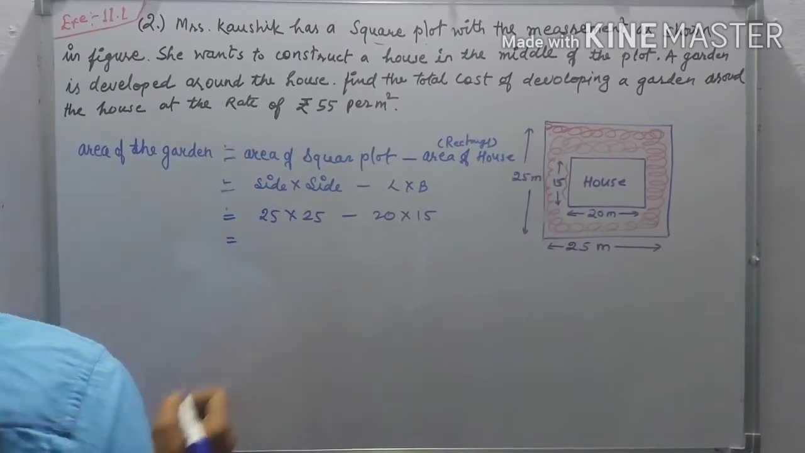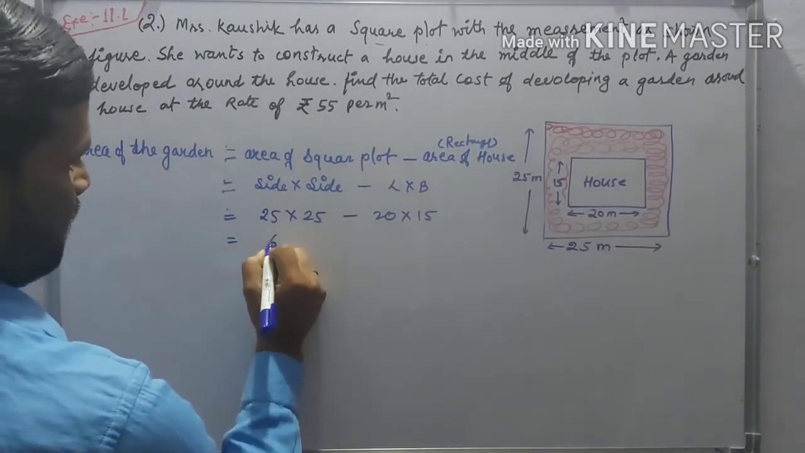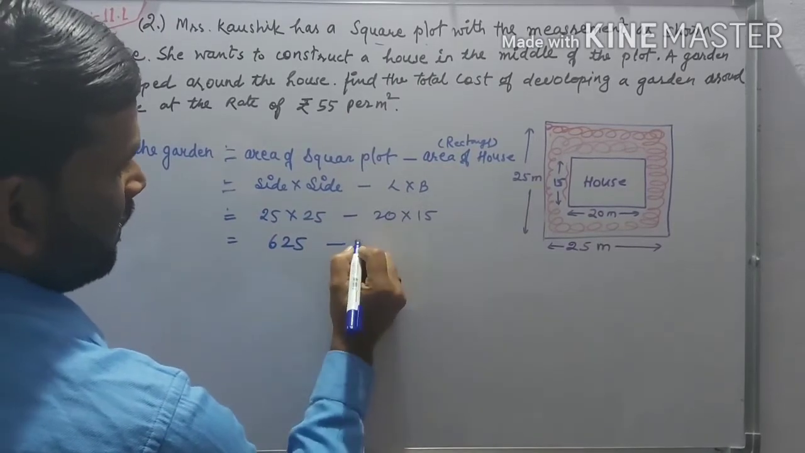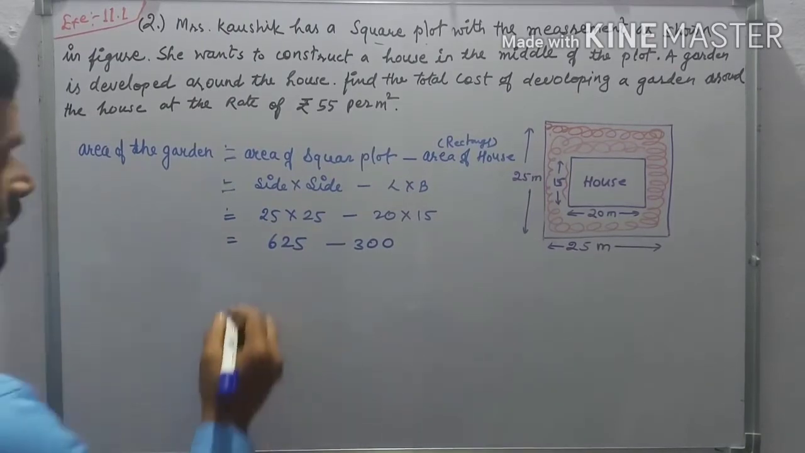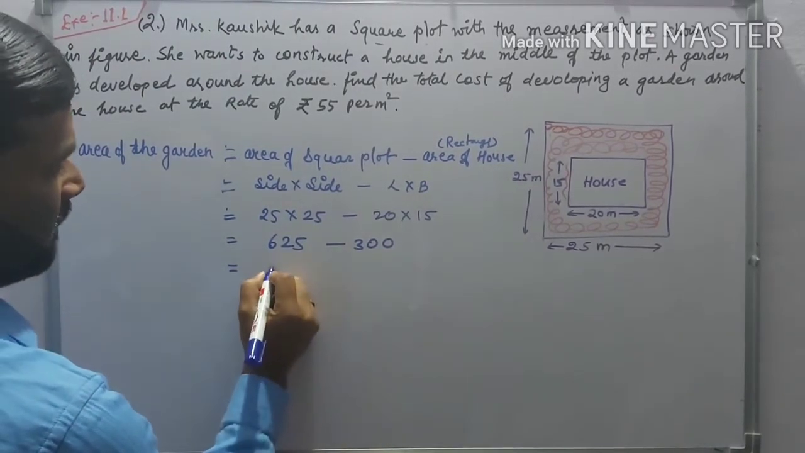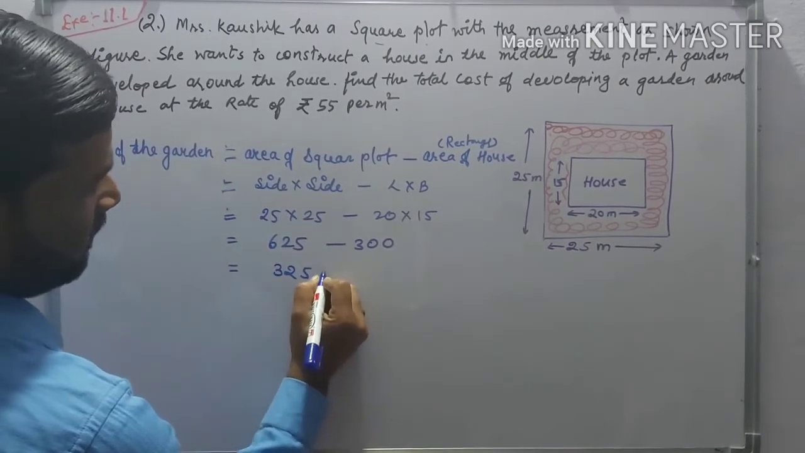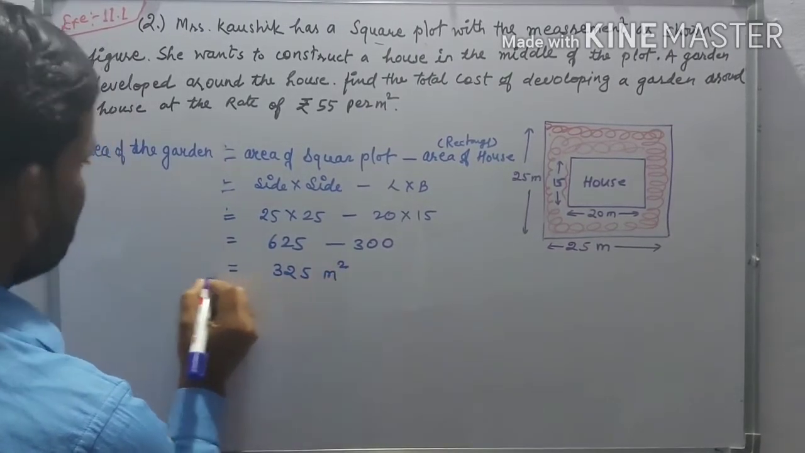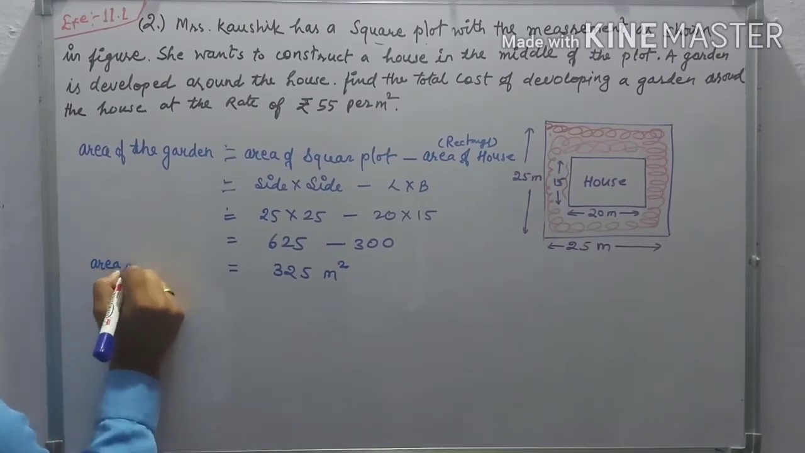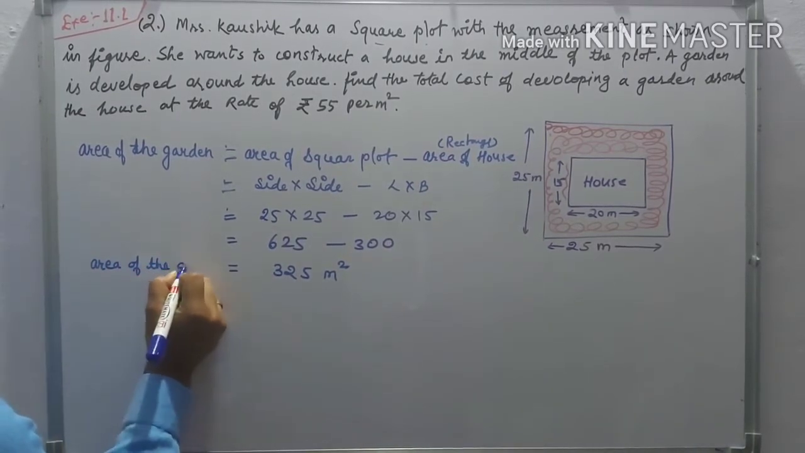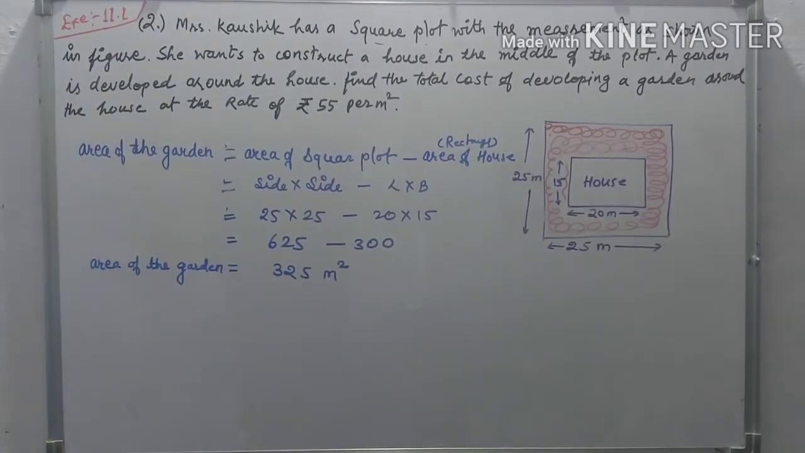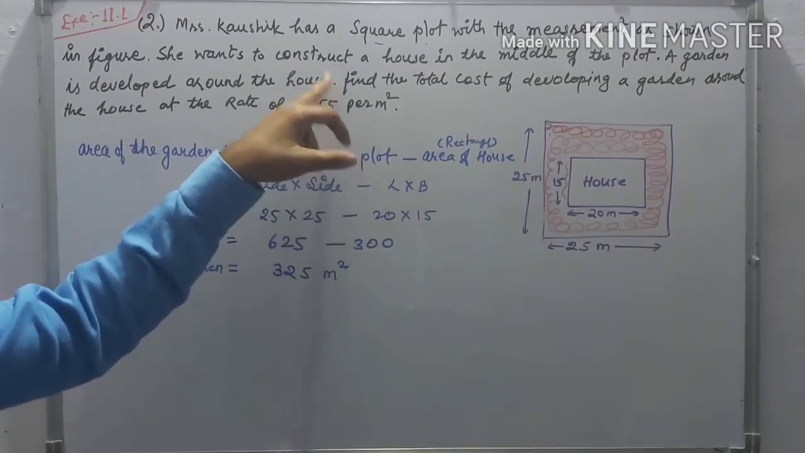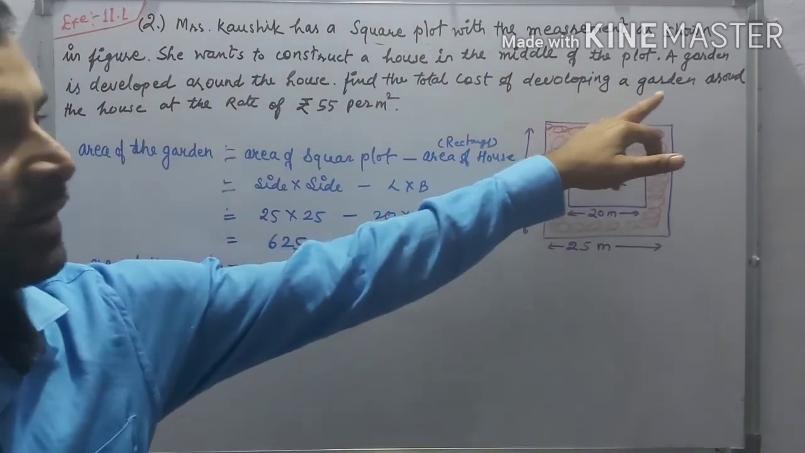Okay, now 25 into 25 is equal to 625 minus 300. Okay, 625 minus 300 is equal to 325 meter square. It means the total developed area of the garden is 325. Okay, the question is finished at this point, and we find the total cost of developing the garden